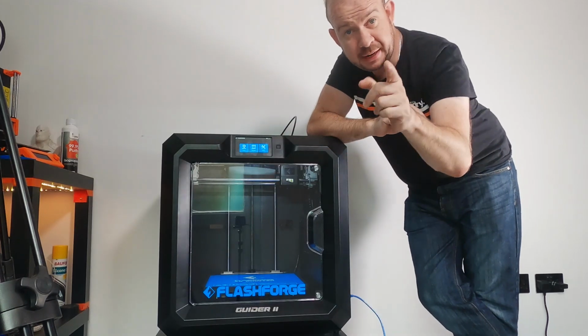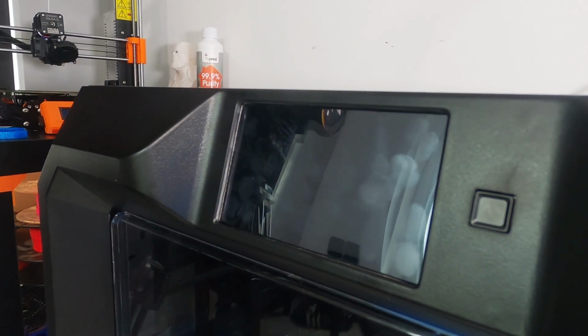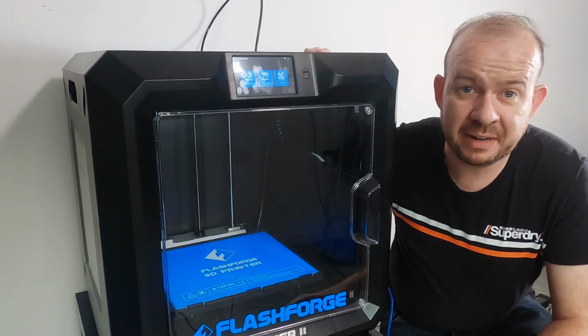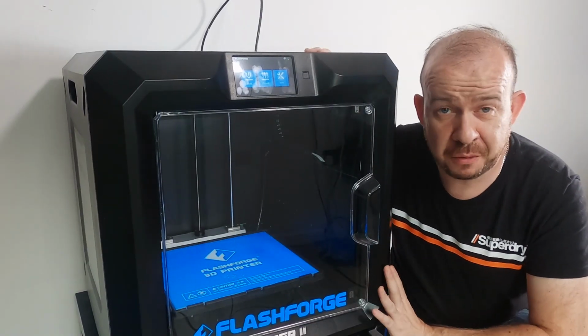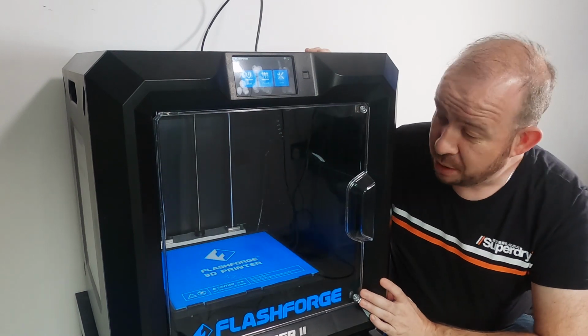Let's look at 5 things that I don't like about this printer. The little touchscreen is great, but it's an absolute magnet for fingerprints and dirtiness. If you don't like fingerprints on screens, you will be forever trying to clean this off. As with many of this type of printer, it suffers from noisy fanitis. It is quite loud, and when it's printing,